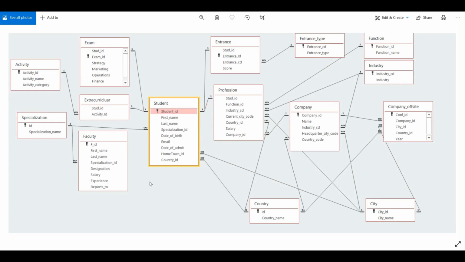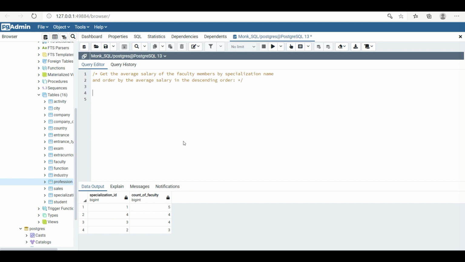So let's see. This is your faculty table. These two tables we need. In the specialization table we have the specialization name. So we'll perform a join over here. Select from faculty join specialization, call it B, on